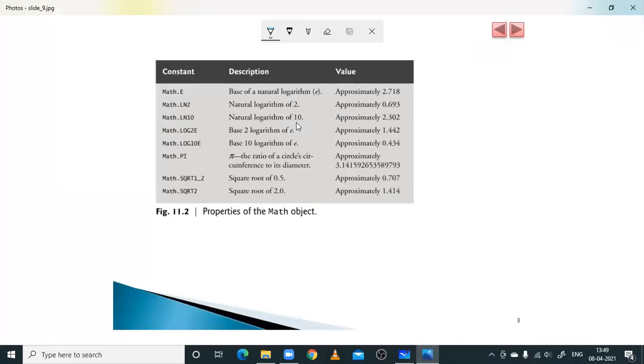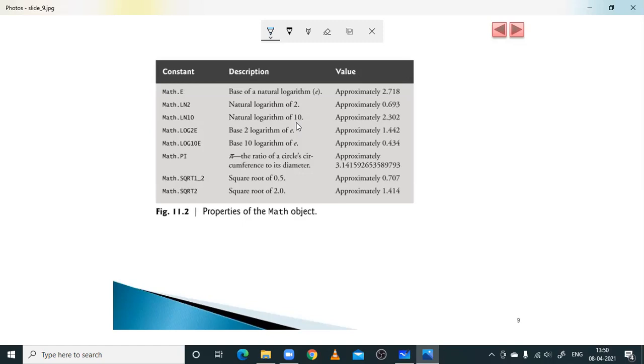So these are some of the properties which can be used, or we can say these are some of the constant values which have been defined inside the math object. Like the pi value, which in some calculations we will be using. Similarly, there are some constant values defined in the math object.